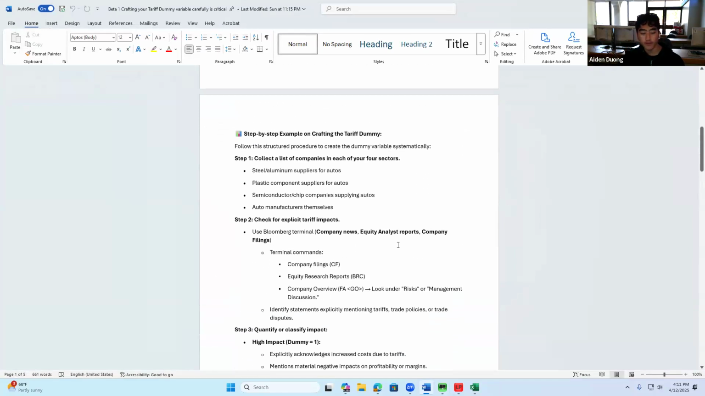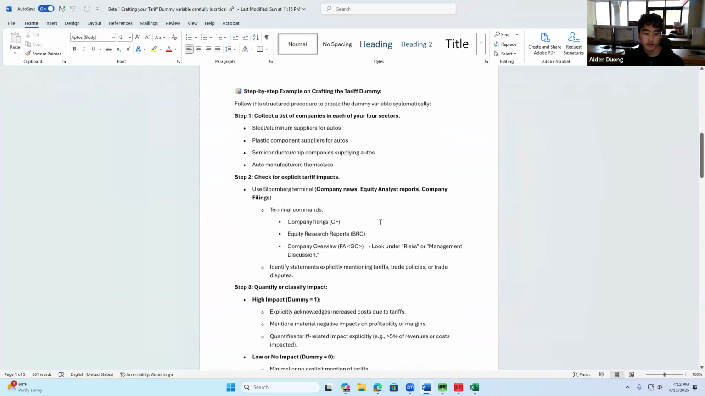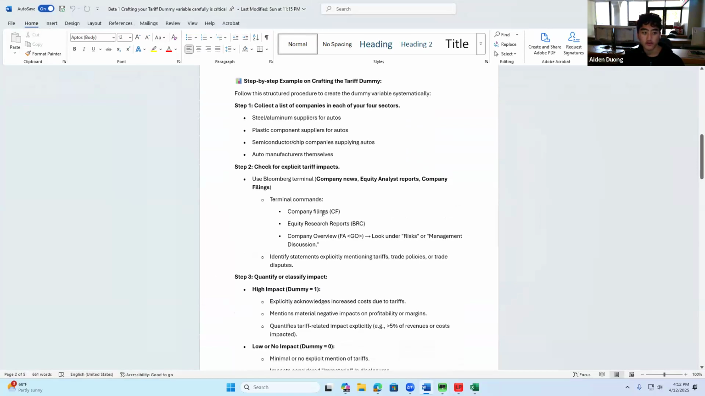But if you want to refer back to the instructions for crafting your tariff dummy, go to beta 1, crafting your tariff dummy in the OneDrive, and everything should be here. There's also alternative ways to verify if it's impacted by tariffs. Like I just mentioned, equity research reports, BRC. There's company filings and company overview. We just checked FA, so